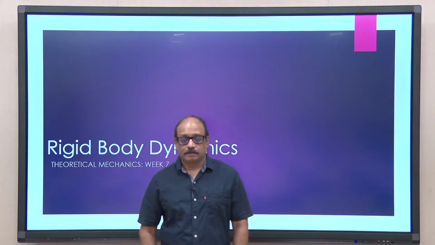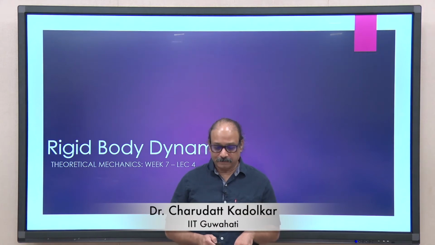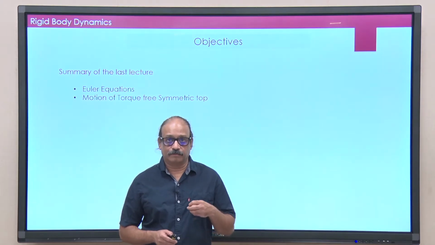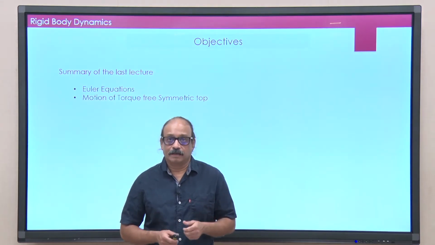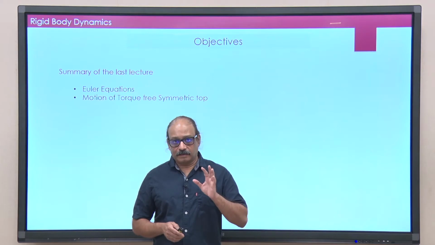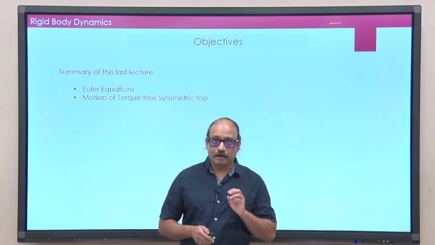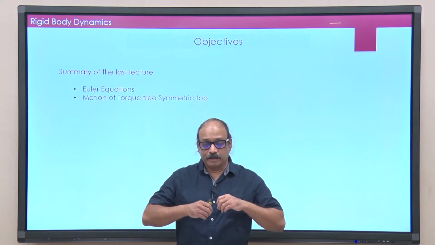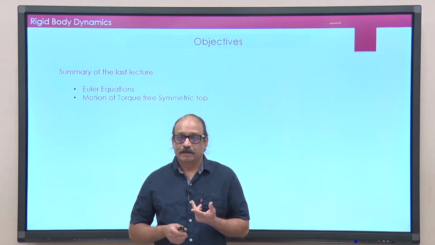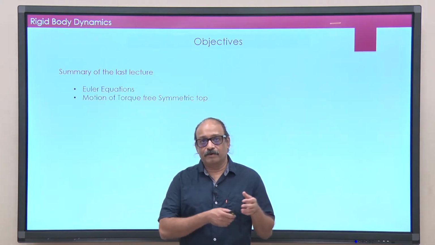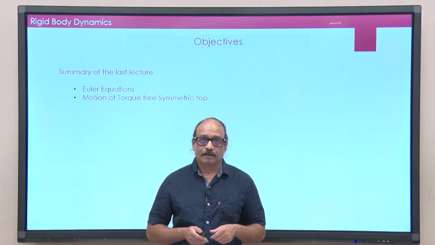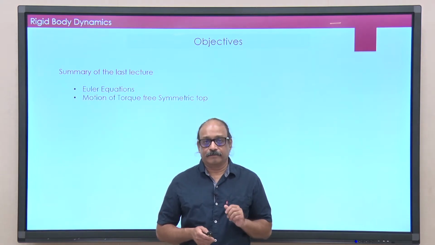Hello guys. In continuation with my last lecture, in the last lecture we derived the equation of motion in the body fixed coordinate system, which we called the Euler equations. As you know, Euler equations can be very difficult to handle, because to resolve these equations in the body fixed coordinate system, we need to know the body fixed coordinate system, and the whole aim of the project is to find the body fixed coordinate system. So, it is basically circular in nature.